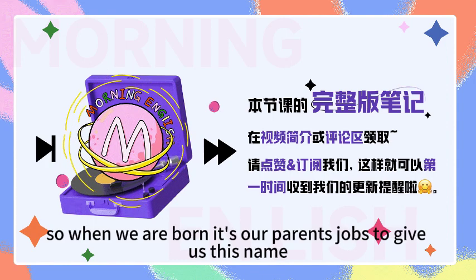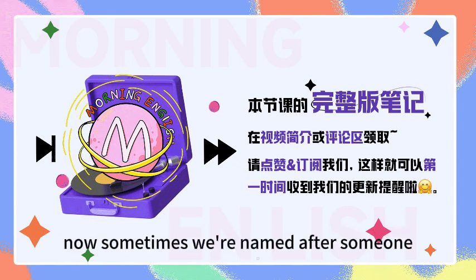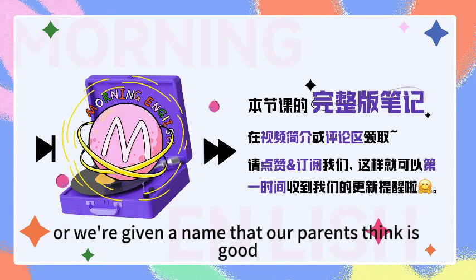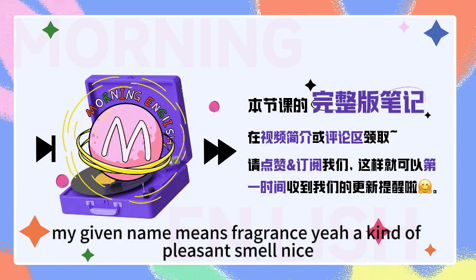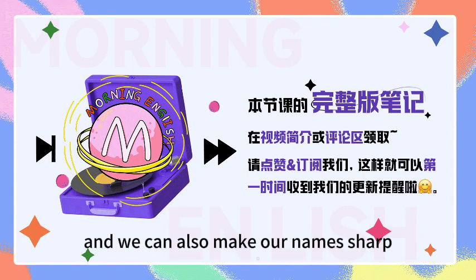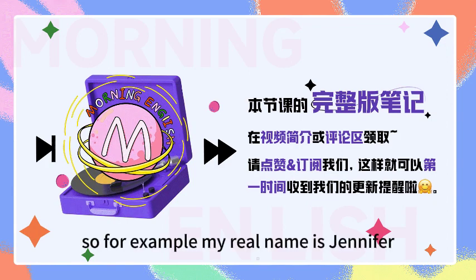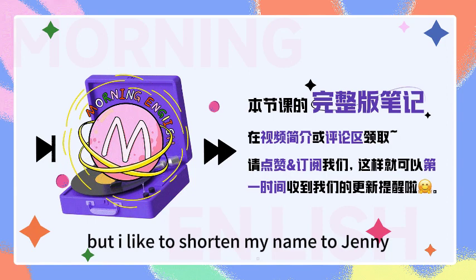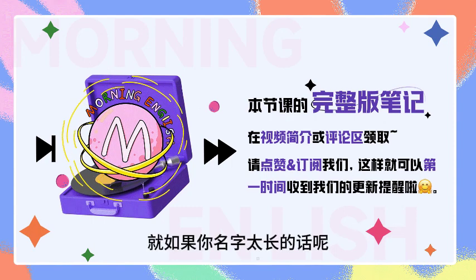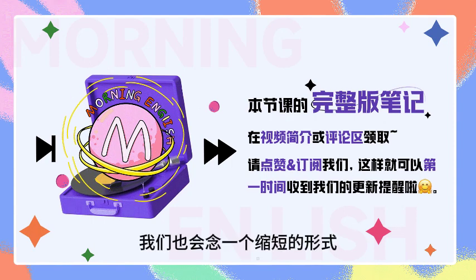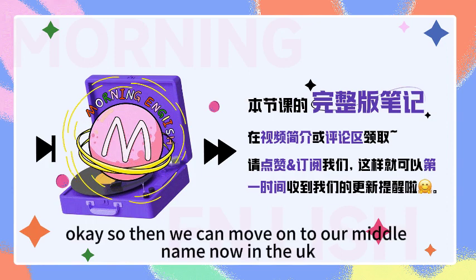So when we are born, it's our parents' jobs to give us this name. Now, sometimes we're named after someone, or we're given a name that our parents think is good or has some kind of meaning to it. 对, my given name means fragrance, yeah, a kind of pleasant smell. Oh, nice. We can also make our names short. So, for example, my real name is Jennifer. But I like to shorten my name to Jenny. And like Kathy is a shortened version of Catherine. 就如果你名字太长的话呢，我们也会念一个缩短的形式。